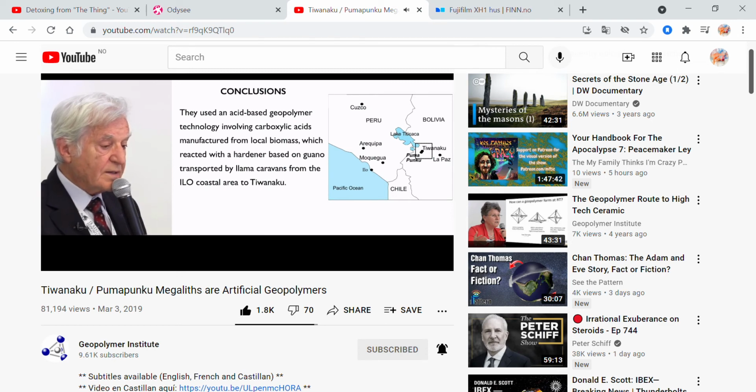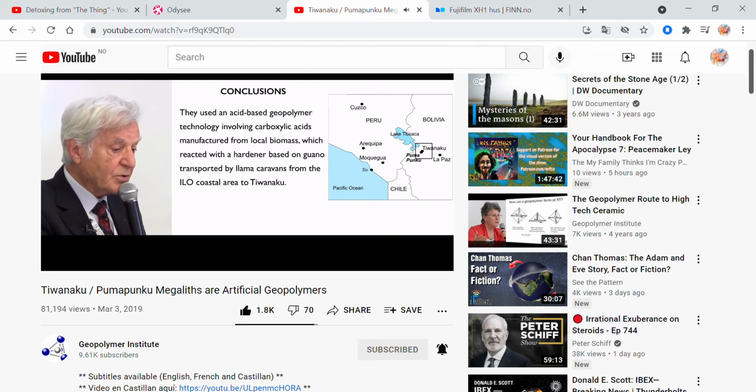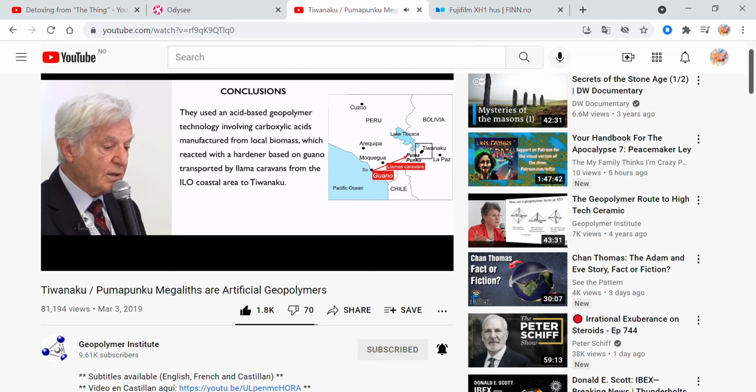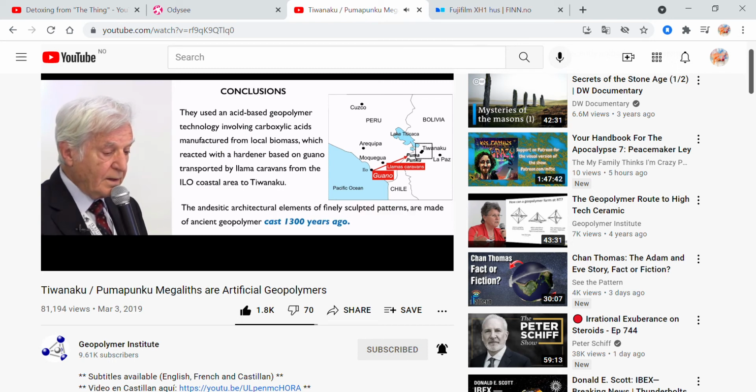They used an acid-based geopolymer technology involving carboxylic acid manufactured from local biomass, which reacted with a hardener based on guano, transported by llama caravans from the Ilo coastal area up to Tiwanaku. The andesitic architectural elements of finely sculptured patterns are made of ancient geopolymer cast